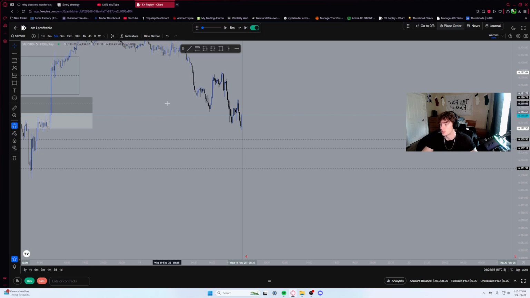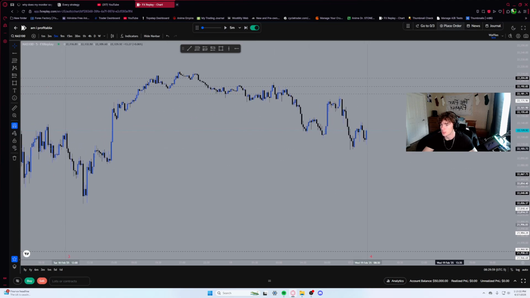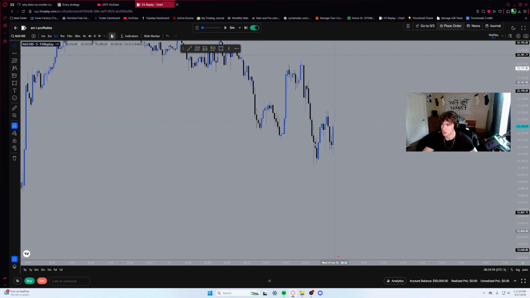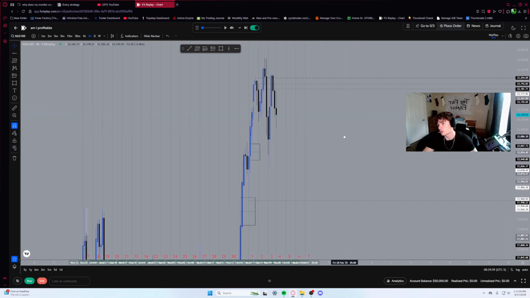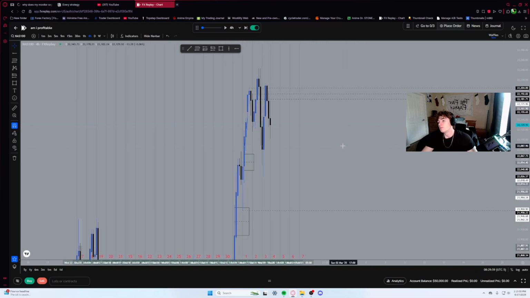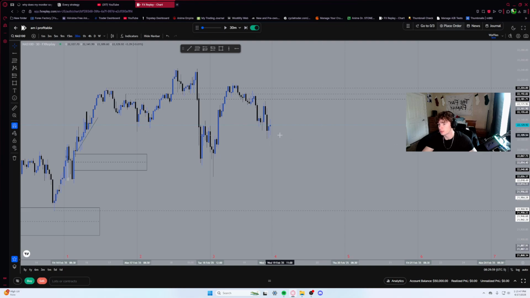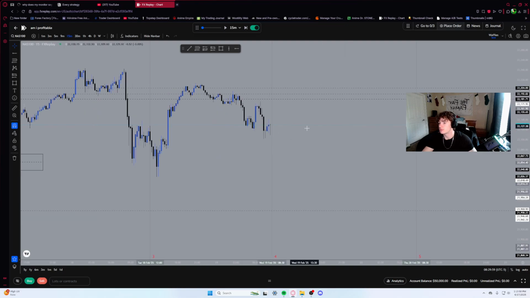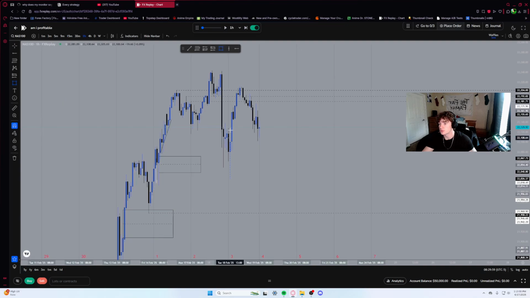Let's go to the 1 hour on the NQ specifically. We are bearish. It looks very, very bearish. 4 hour. We are bearish. 1 hour. We are bearish. Looks like we just retraced them. 30-minute. We are bearish. 15-minute. We are bearish. Cool. Let's go to the 1 hour and mark out some confluences.